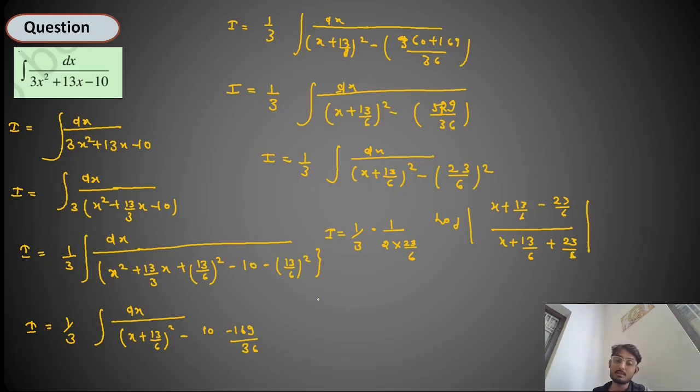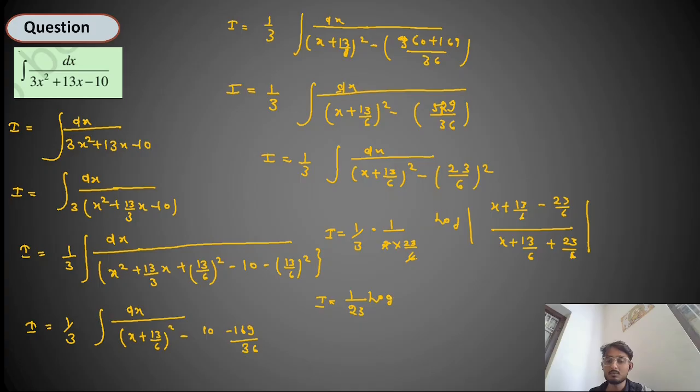You can write the answer as I equal to, here the terms will cancel out, and when you reverse the fraction, 3 will come in the numerator and this 3 will also cancel out, so you will get only 1 upon 23